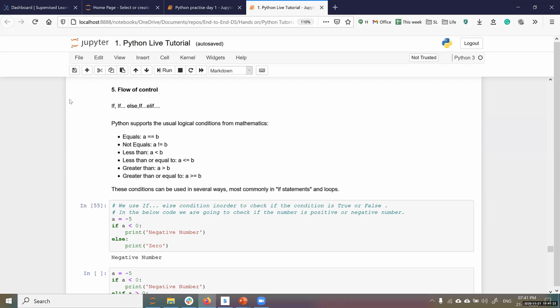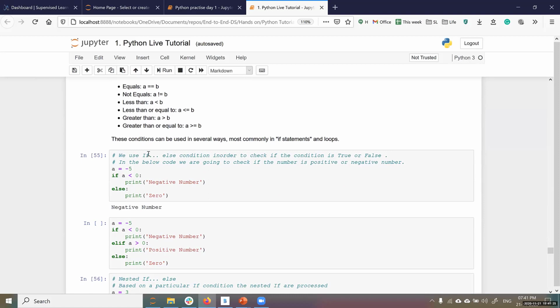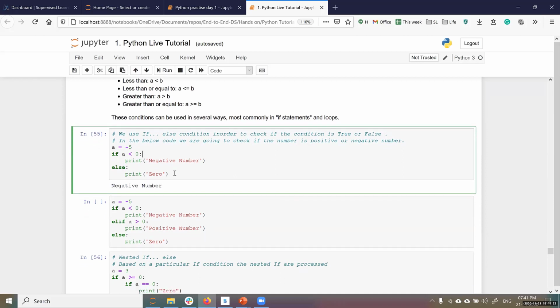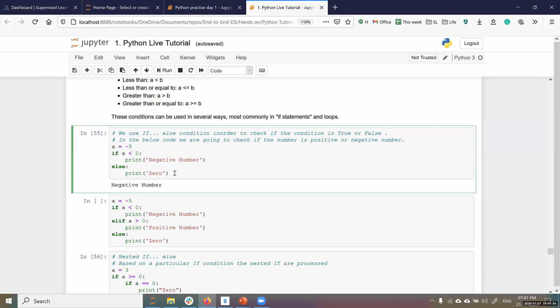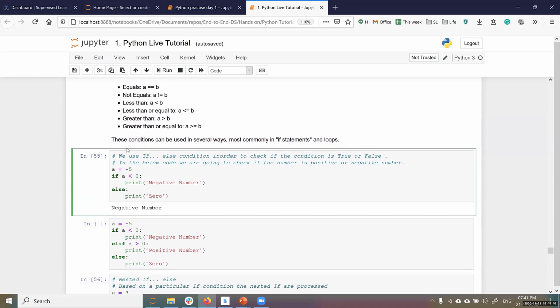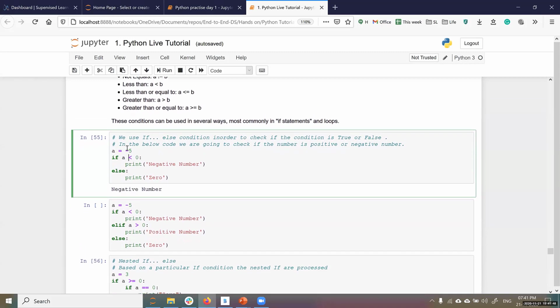All right, let's continue with the flow of control. First of all, we'll cover the if else loop. I hope this is a fundamental function which we have learned in childhood also. If else is very simple. First it is if, and then you put a condition or a logical equation, and then inside you can write your statement or multiple statements if necessary, followed by else.